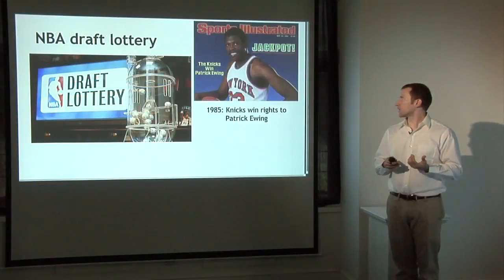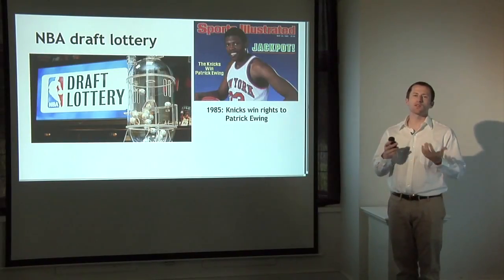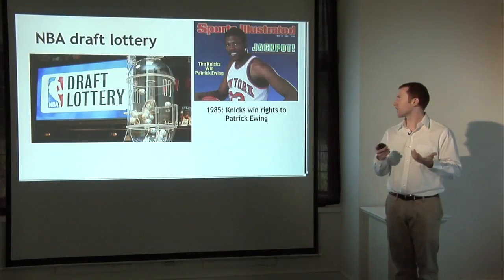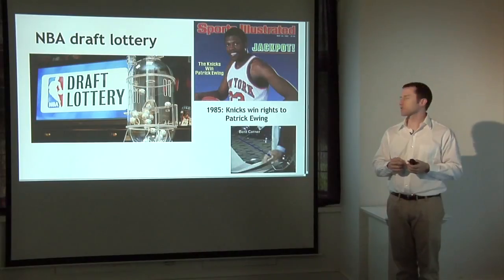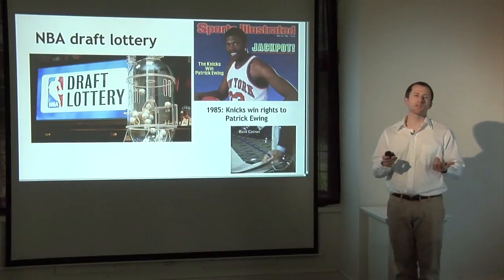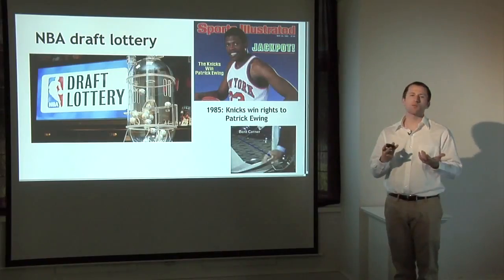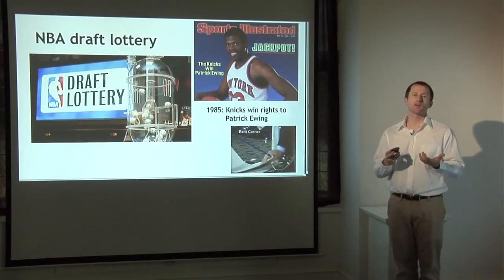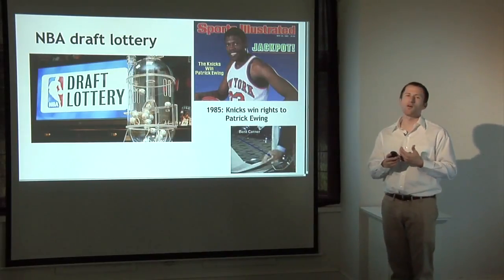So this was first done in 1985, and it was a little bit of controversy then because the New York Knicks won in the first year and they were able to select Patrick Ewing, who was a very highly touted prospect. And almost immediately after that happened, people alleged that there was a conspiracy and that this process was rigged so that the Knicks, who happened to play in New York, which is a large media market, were able to select the best player. So if you go online, you can find all manner of conspiracy theories for how the